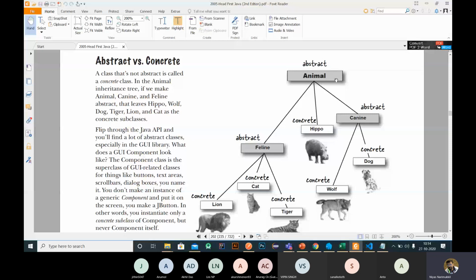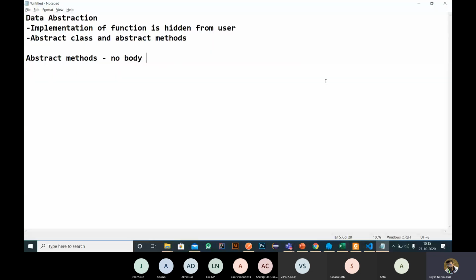Abstract class means we can't create any object of the abstract class. So what is an abstract class? A class having abstract methods is called an abstract class. What are abstract methods? Abstract methods are methods that have no body, only a definition.